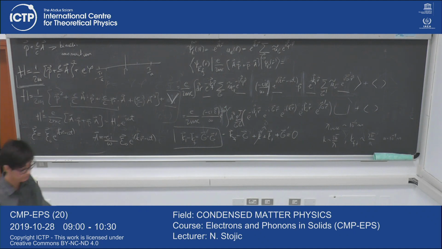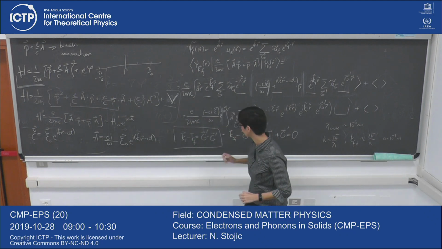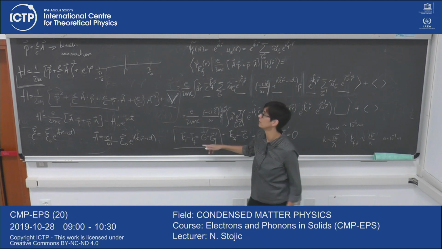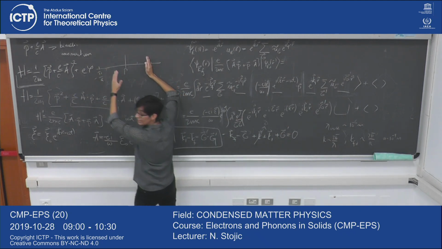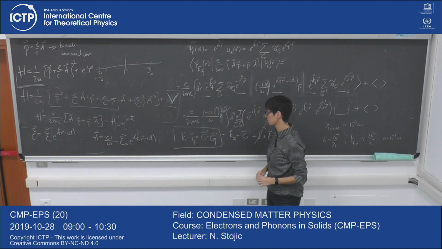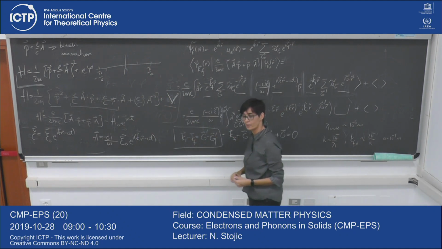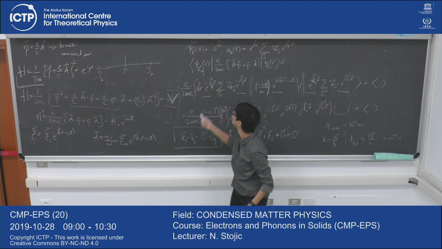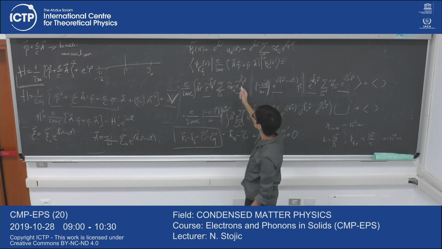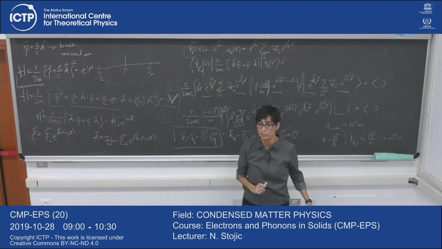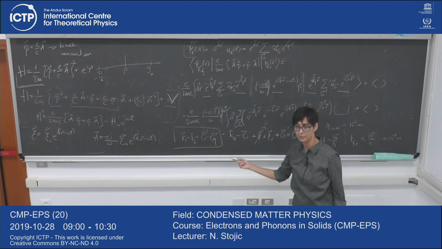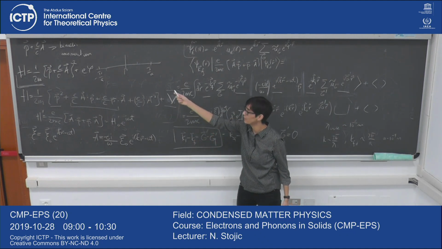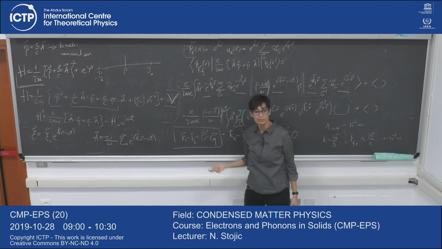Okay, I think that you're on the right path, but what is the minimum G vector in 1D? 2 pi over a. Exactly this. For example, if we take G prime equal to 0, then after the scattering, this state will be transferred into the next Brillouin zone. But these two are within the first Brillouin zone. Both are within the first Brillouin zone. This is the definition of the Bloch function that we always use. They both are from the first Brillouin zone, anywhere. And the smallest G is equal to pi over a.